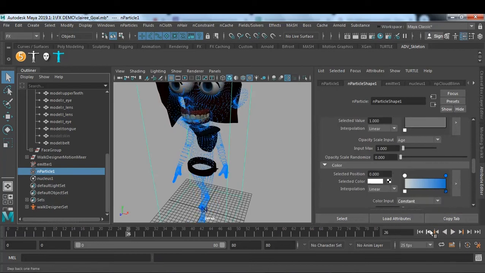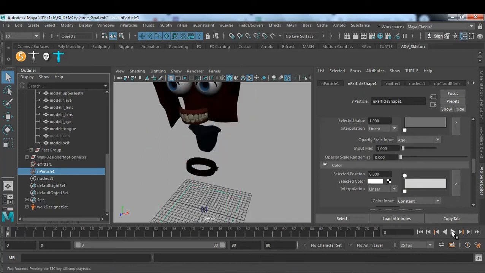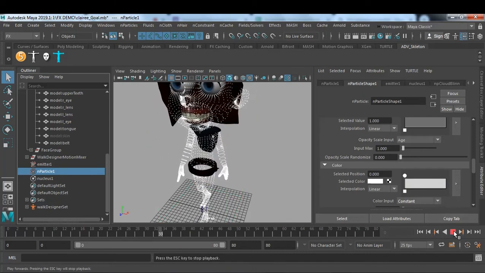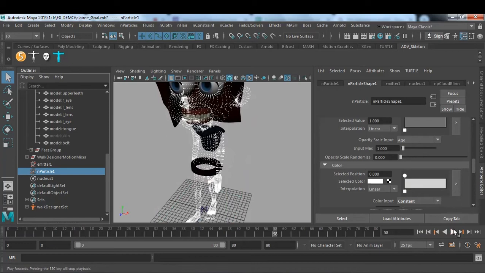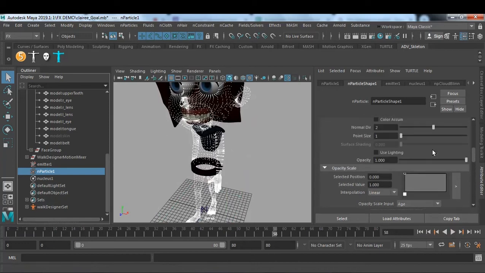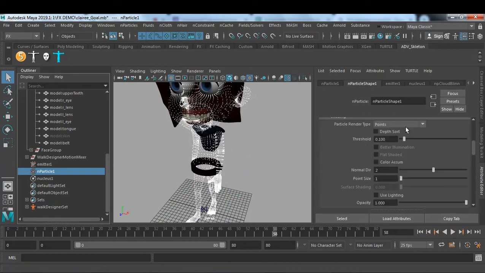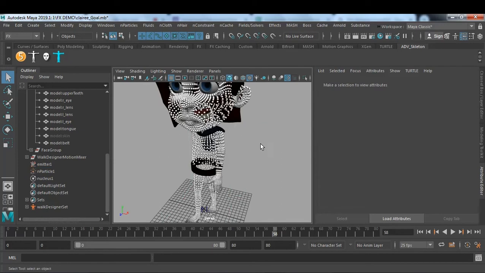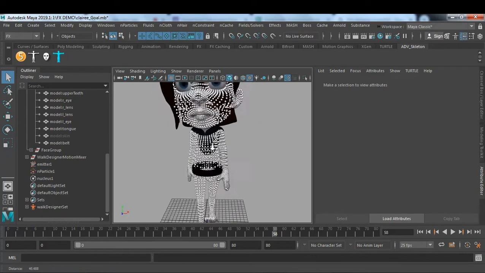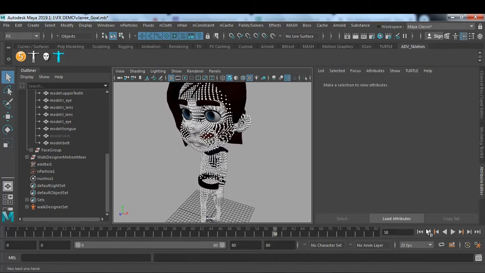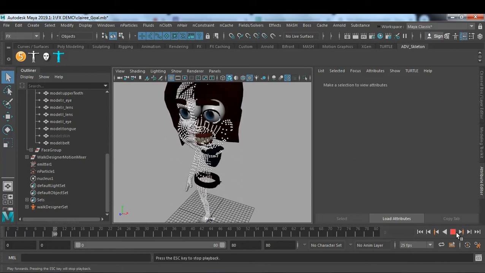Constant color. I don't want any extra additional color over here. And I want to change it to, let's say, sphere. So the sphere is connected. Like that you can change.